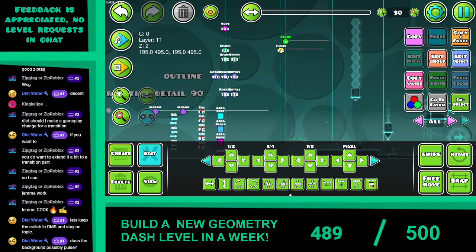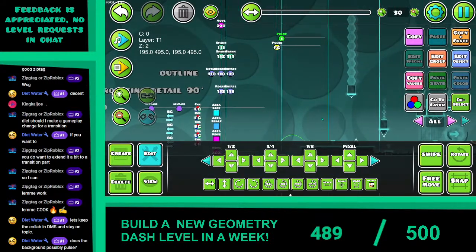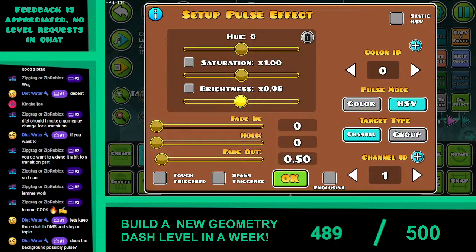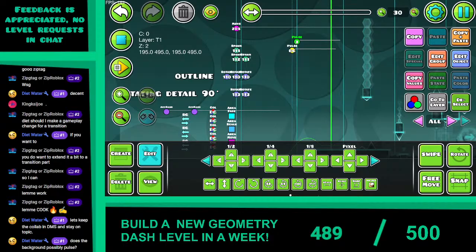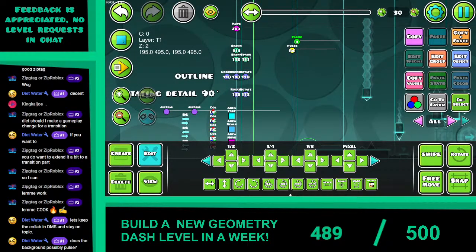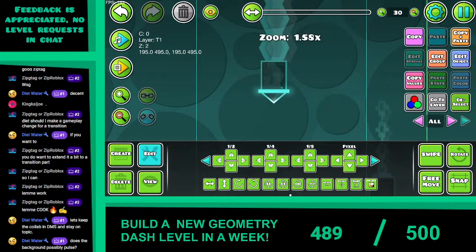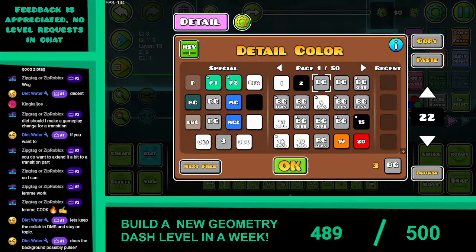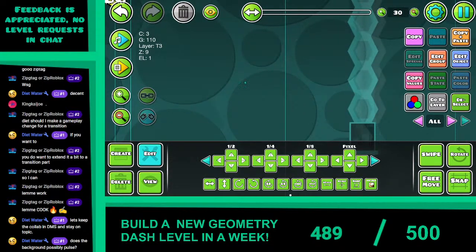Does it even do anything? Oh, color 1 is white, not, oh, it's color 3. Okay, wait, what color is this? So yeah, it is color 3. This is color 3 as well, so